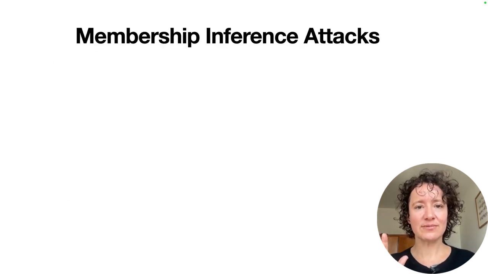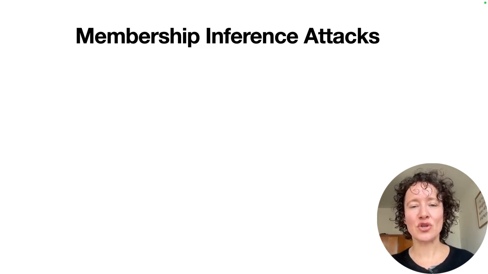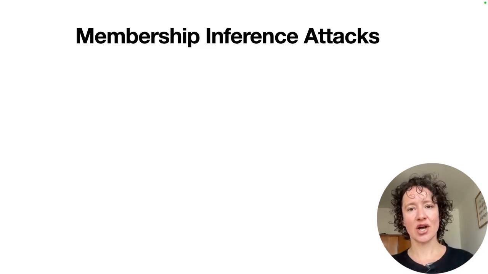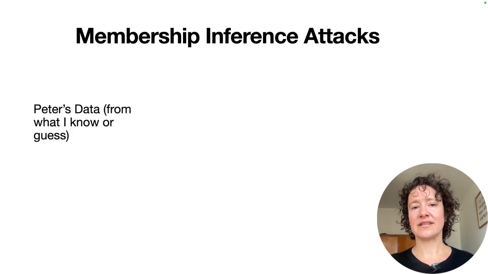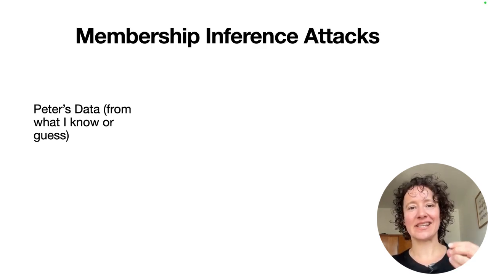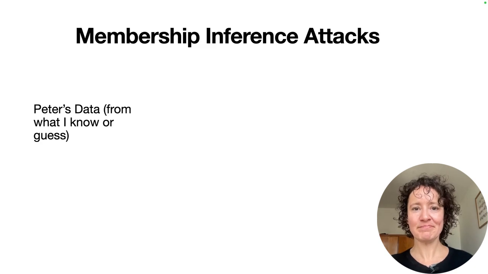Well, there's two major types of attacks we're going to talk about today. And the first one is membership inference attacks. You might have heard about it, but I'm going to try to give you both an intuition and an understanding of these membership inference attacks. What happens is, perhaps I'm going to go back to Peter, perhaps I know I have some of Peter's data, or I know him, so I know some things about him. I can guess his data. Or maybe I just start with my best guess and then I refine my attack over time. So these are all potential starting points.